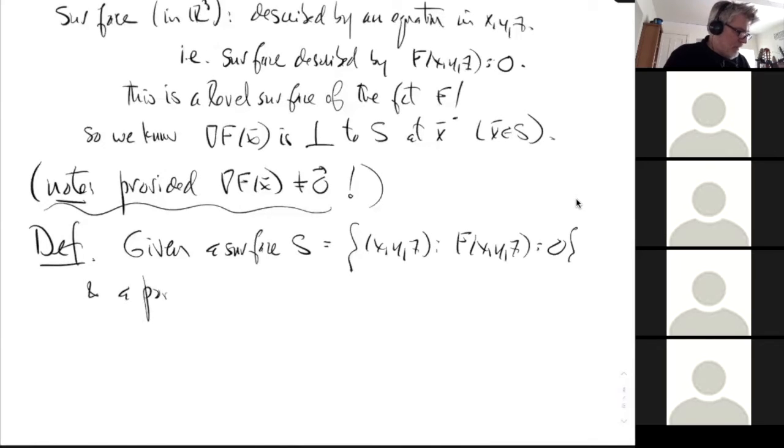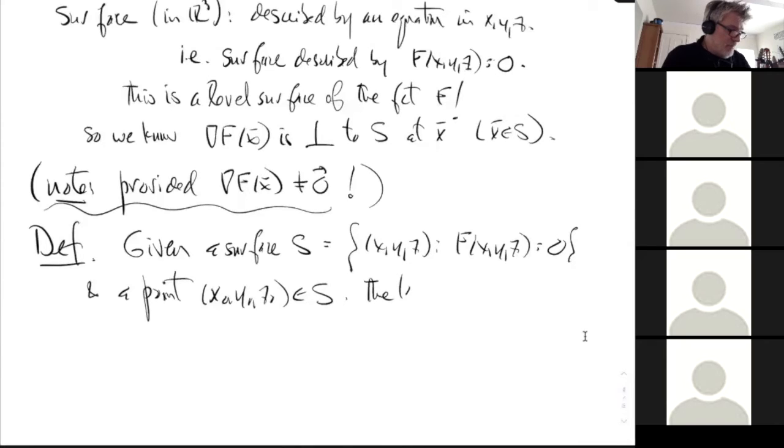And a point, let's say, x0, y0, z0 in S, right? I'm going to give you an example in just a minute and a half. Okay. So if I'm given a surface S, which is a level surface, and I take a point in S,